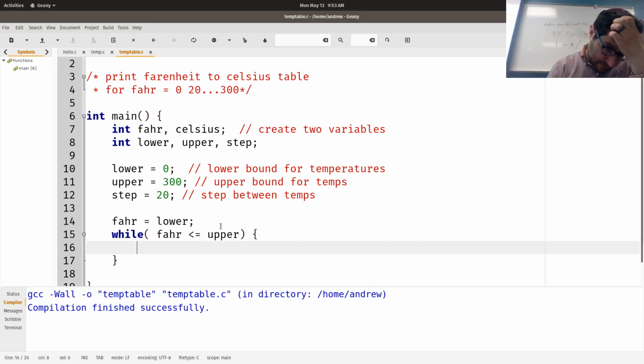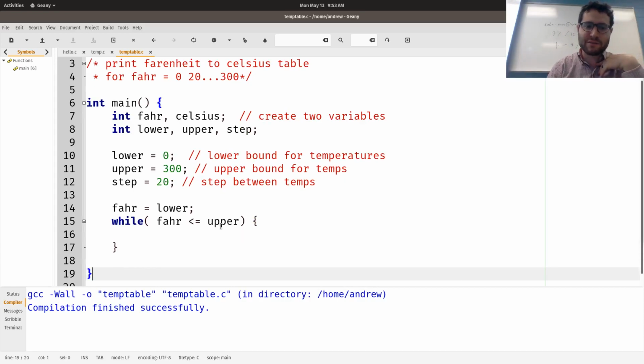I have another pair of curly braces because what this while loop does is repeat whatever is in between its curly braces so long as the expression inside of it is true. Fahrenheit is 0, upper is 300. Is 0 less than or equal to 300?